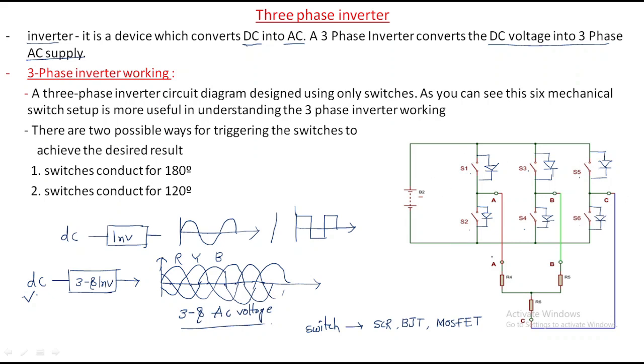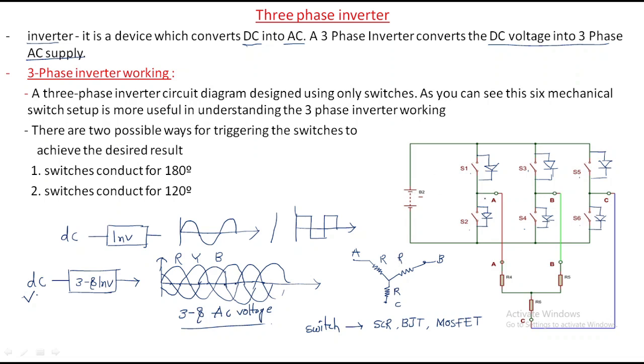Then, what is the load? We have to use a three-phase load. Look here, this is one phase, one phase, one phase. This is the A phase load, B phase load, C phase load. Generally, how is a three-phase load connected? A three-phase load is connected like this: for example, one load is the A phase, another load is the B phase, and another load is the C phase. This is called a three-phase load. A single-phase load is directly connected across, but a three-phase load is connected to three individual phases.